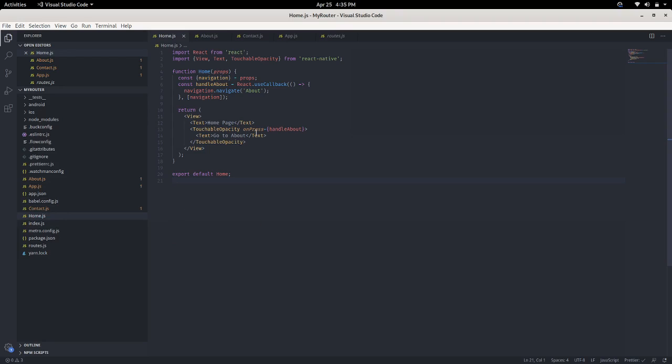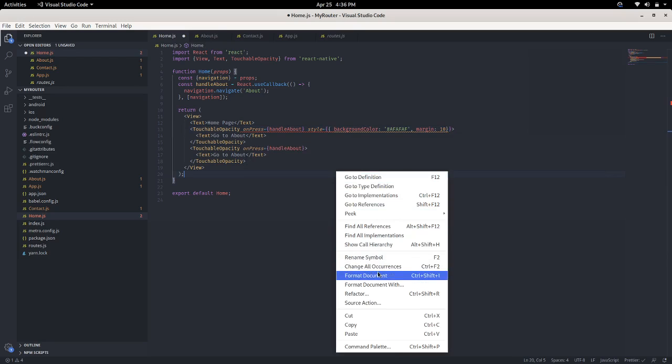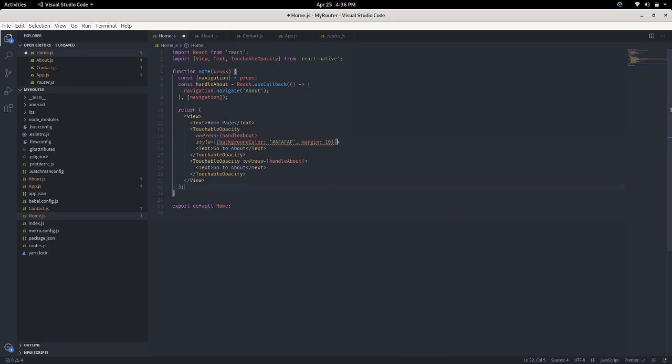We will add the same for the contact page also, so we will create one more button. To differentiate them, we will add some style: background color and margin of 10.